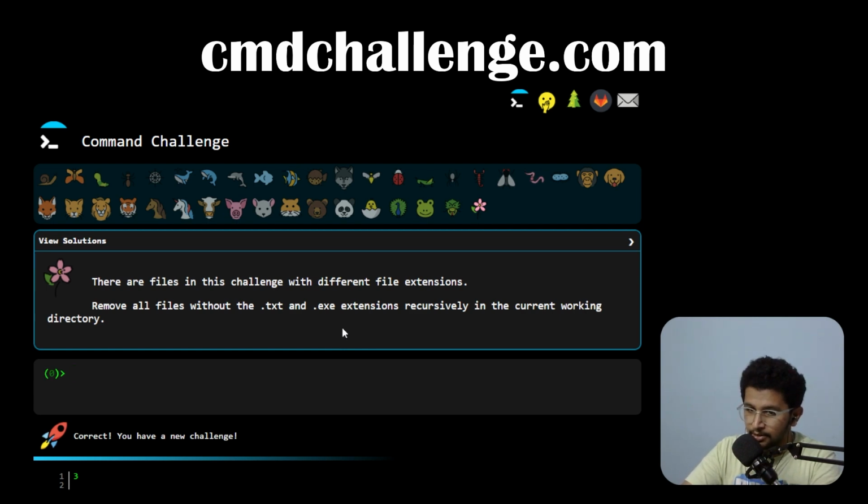That will be, there are files in these challenges with different file extensions. Okay, let's say there are files with different file extensions. Remove all the files without the .txt and other extensions. So for this we can actually use the find command. How to do that? So find, and then we need to specify type f, but we are specifying a file name that will be anything .txt,